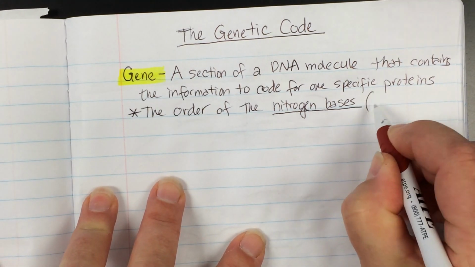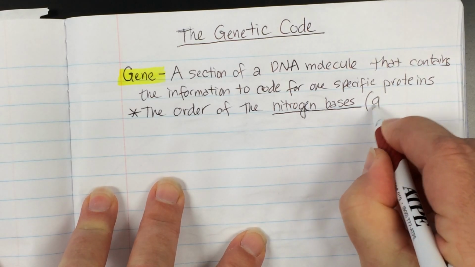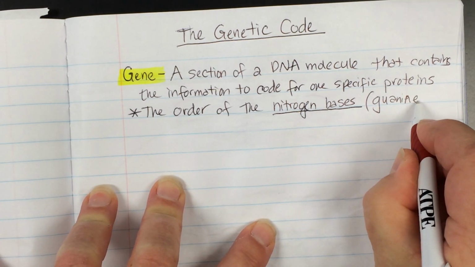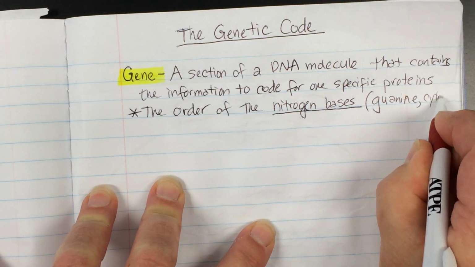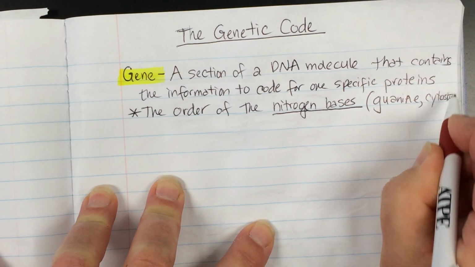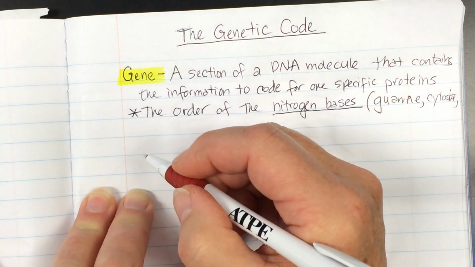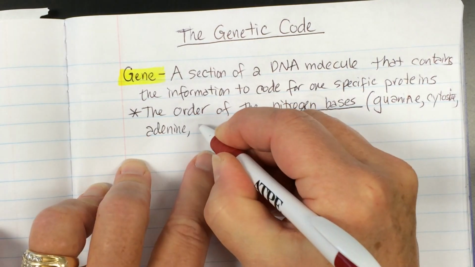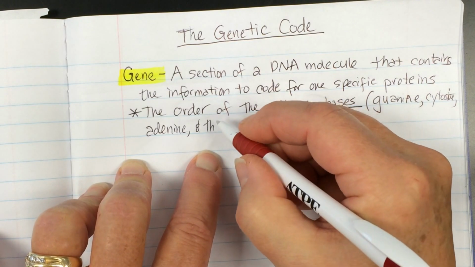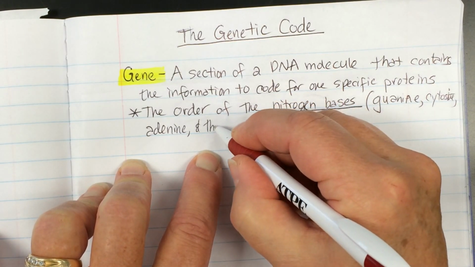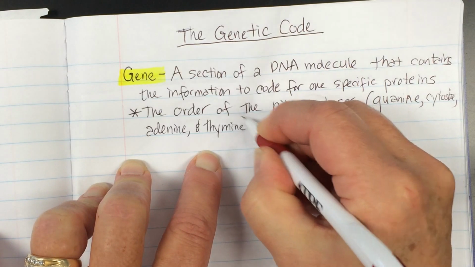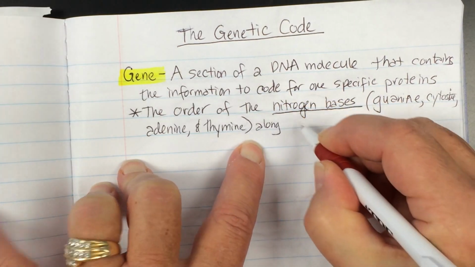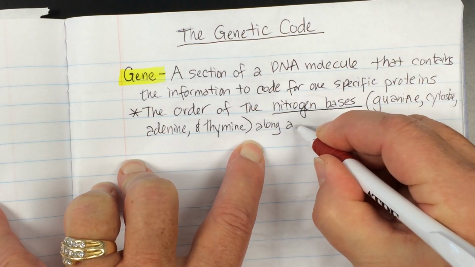So it's these nitrogen bases, and let's just write them out here. We have guanine, cytosine, adenine, and thymine. Remember, A always goes with T and C always goes with G, right? And that's the order of those along a gene